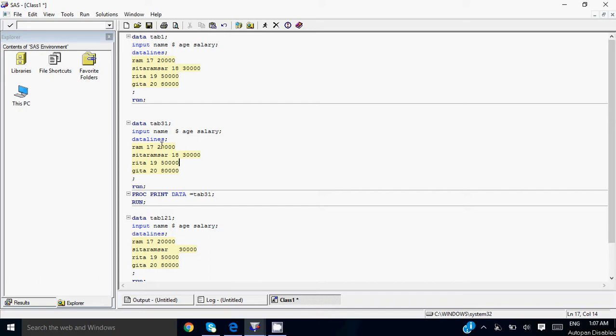Hi everyone. So today we will see how we can handle the missing values and also how we can handle the values which are greater than the default length, which is 8 bytes. So we'll take a first example where we have three variables in the data: name, age and salary. On the second line there is a name, Sitaram sir, which is greater than 8 bytes. So if we run it